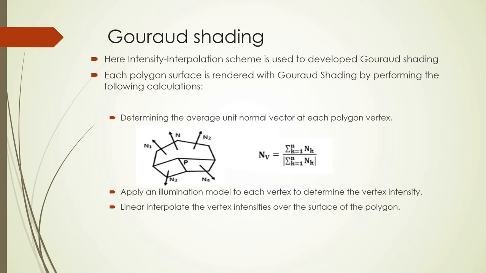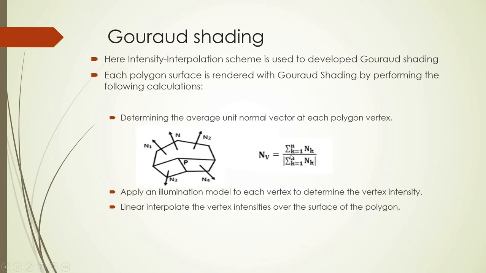Each polygon surface is rendered with Gouraud shading by performing the following calculation. The first step in Gouraud shading is to determine the average normal vector at each polygon vertex. For example, if this is my particular edge of my polygon, I have to calculate a normal vector over here. Then I will take the average normal vector of this, and for that purpose we are using the formula as